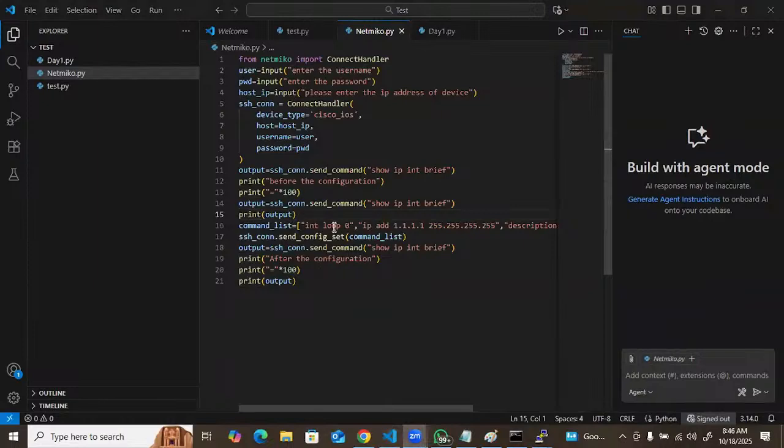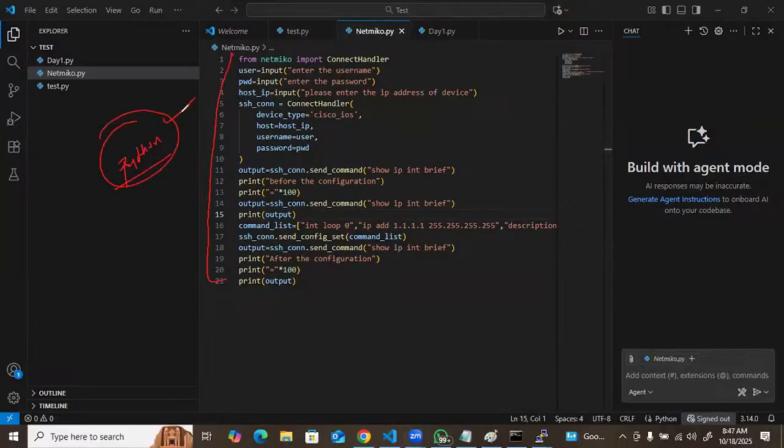Not 100%. No. Because this script is written in which language, guys? It's Python. And you don't know Python right now. That's the problem. Otherwise, you know the purpose of this command, right? The command you know, but the syntax you don't know. That's the reason we are going to cover Python first.